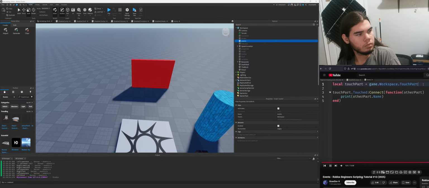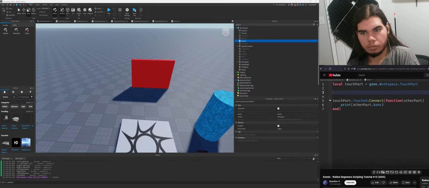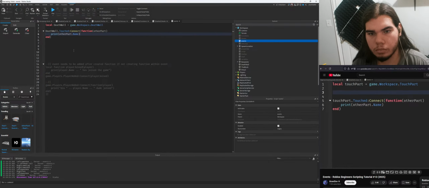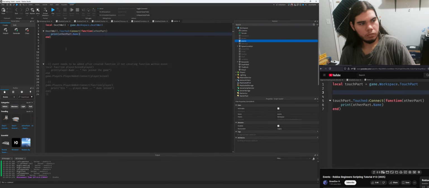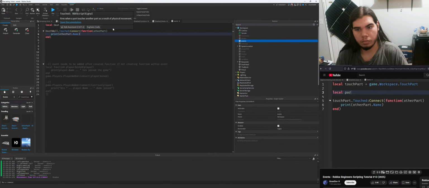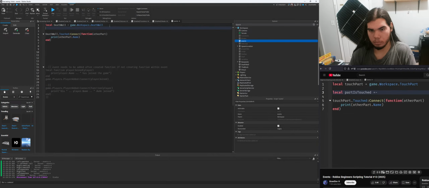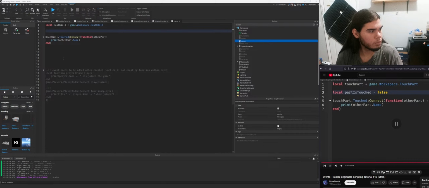back to our script. And what we're going to do is create a Boolean value that basically says whether this part is currently being touched right now. So what we're going to do is say local part is touched equals false. So currently the part is